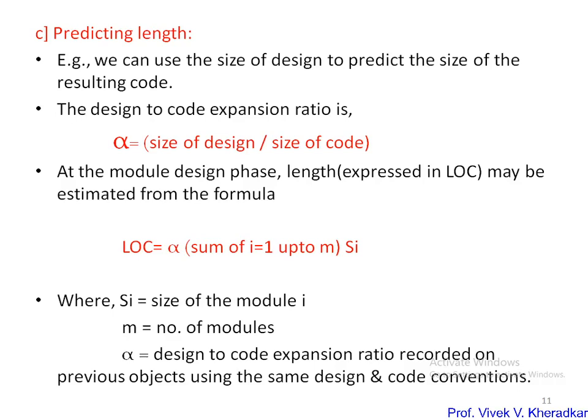This is the first attribute by which we can measure size, that is the length, where we discussed how to measure the length of code, which is LOC, and according to the definition total length is NCLOC plus CLOC. Then we saw how to measure the length of specification and design, and based on that length how we use it for predicting length. That is about this lecture.